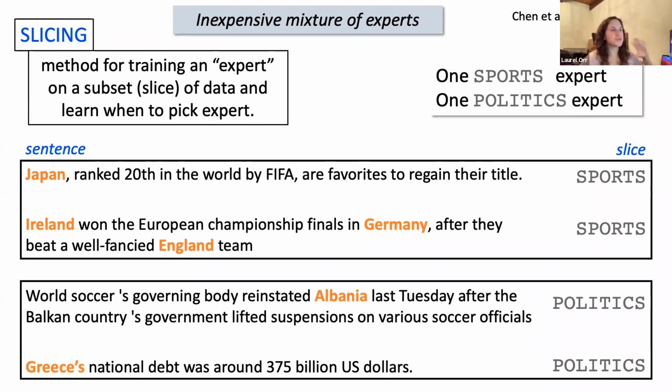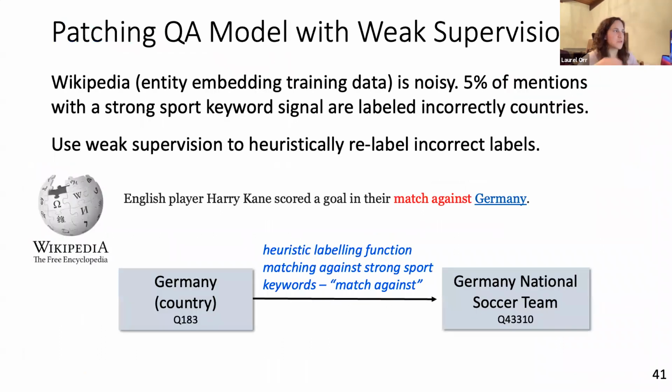So for these three techniques, I'm going to go through a use case that we've been playing with in our lab, which is showing that you can patch at least this entity embedding, the NED system, through one of these data methods. In our case, we take more of a weak supervision approach for this one example, although we've done experiments that show that all methods work.